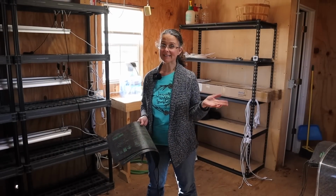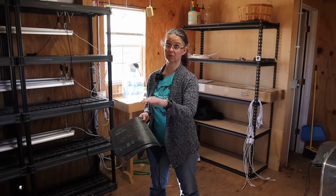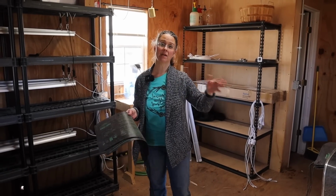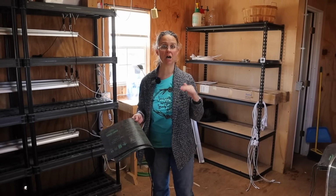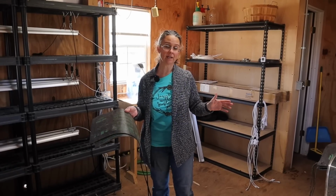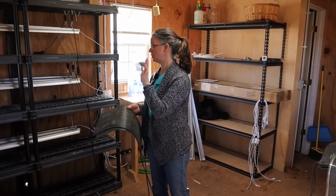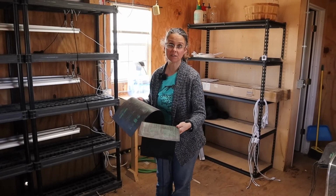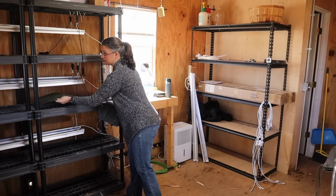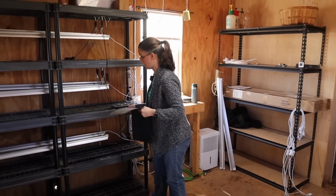So like we said, today we are starting the seeds for our greenhouse, and not all the spring and summer stuff yet, just those. It's going to end up being just under 100 seeds. Now, the only real thing that we need to get ready yet in the sprout house is we haven't put up the heat mats onto the shelves. And I only need 2 heat mats today because the 100 plants are going to go into 2 separate seedling